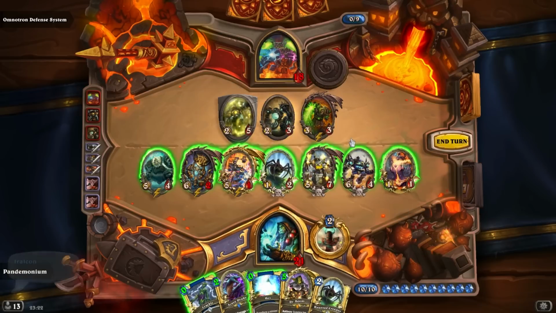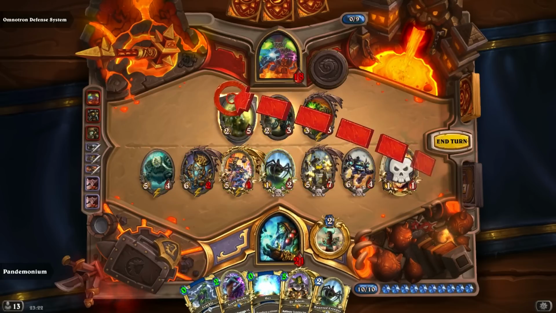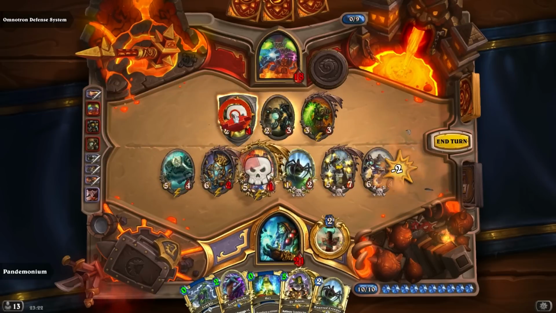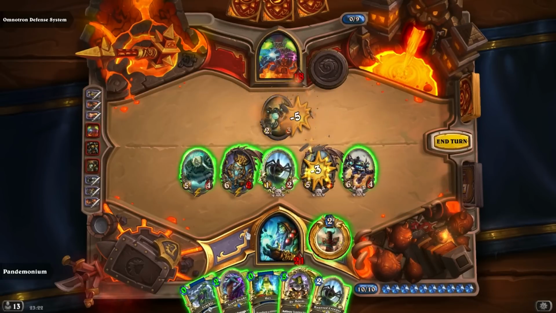So what I want to happen is a way of destroying this. So the best thing to do is running him into Toxitron and then crackling my own Sneed. So we're going to do this to get rid of the 1/1. We're going to do this to get rid of Thaurissan. Best value Thaurissan you have ever seen. We're going to run into there. Then we are going to get rid...